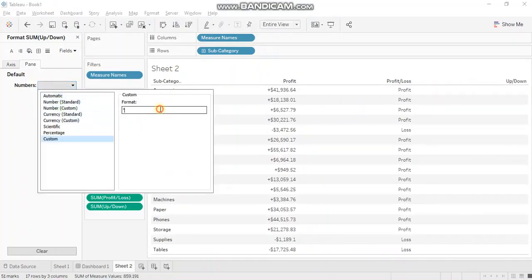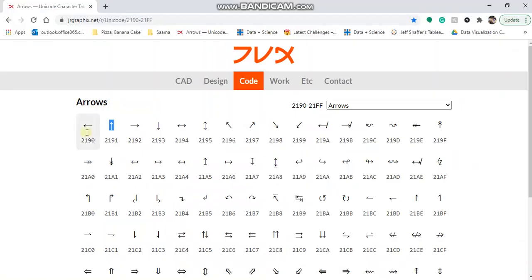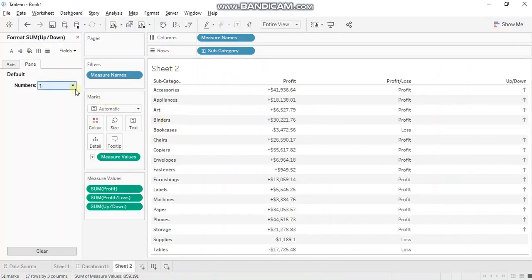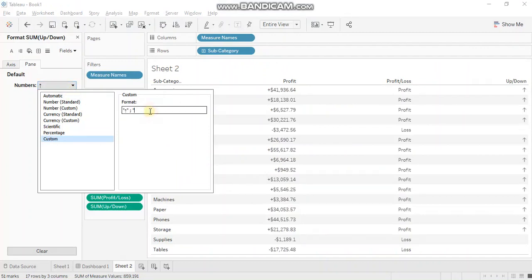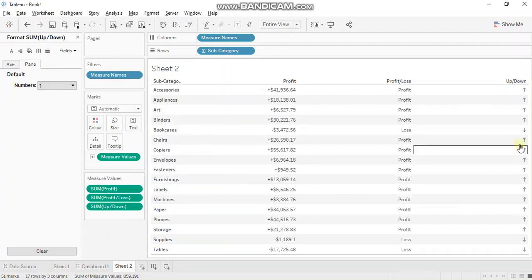Let's go, semicolon, and I want to show a down arrow. A semicolon, and maybe if you want to show double dash here for zeros, you can see the changes are in place.